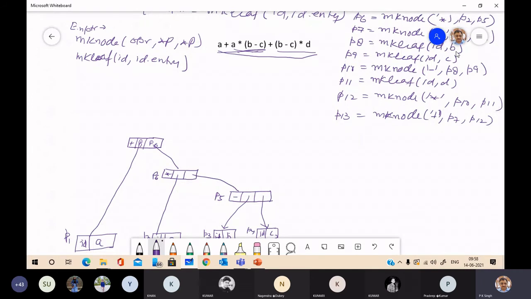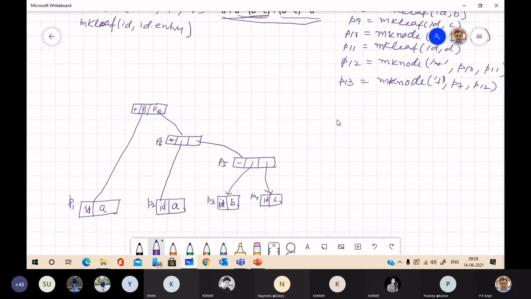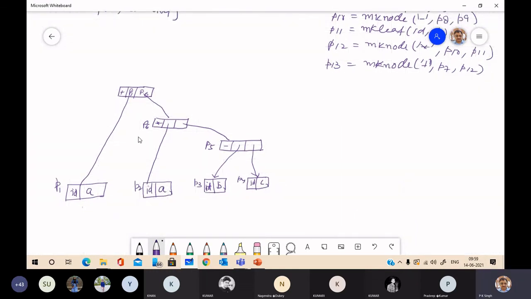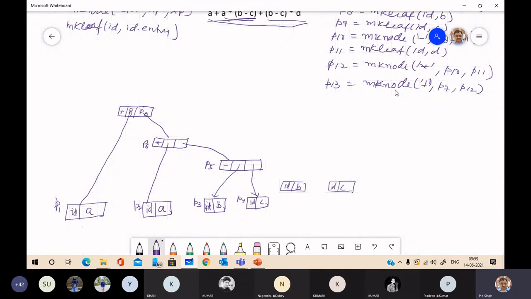Next P8 is make node, that is ID, B and C. Okay, so here you can find this is ID, B, ID, C, and after then it is P7, it is P8,